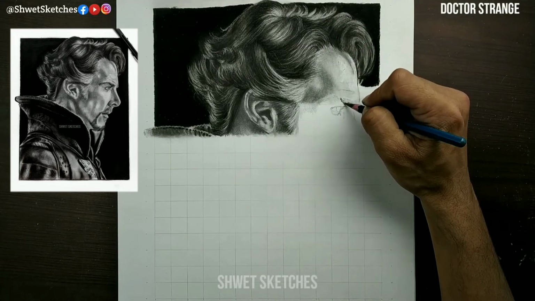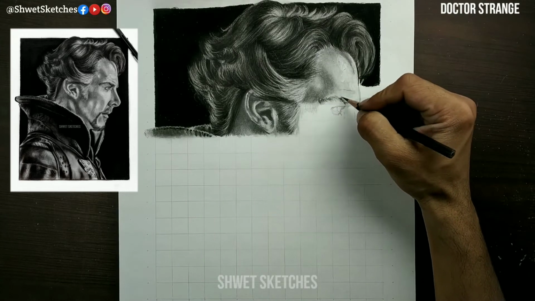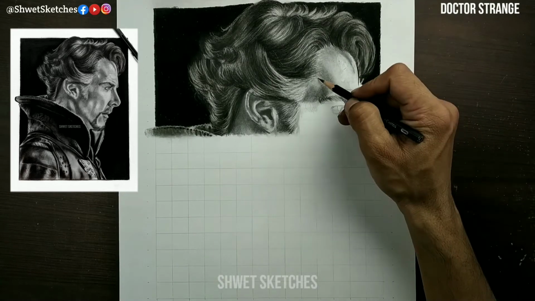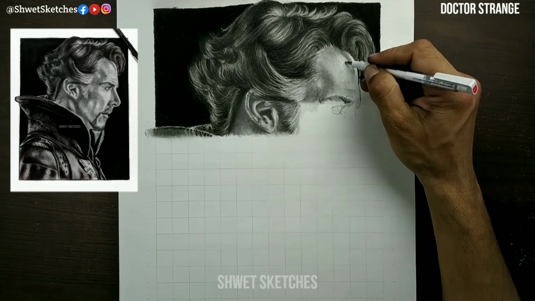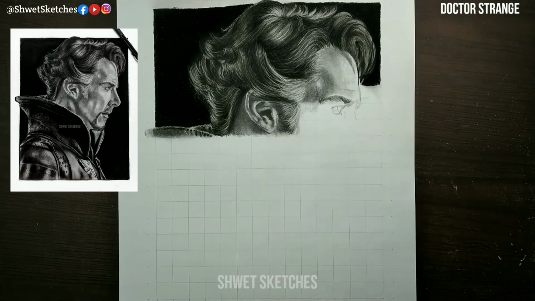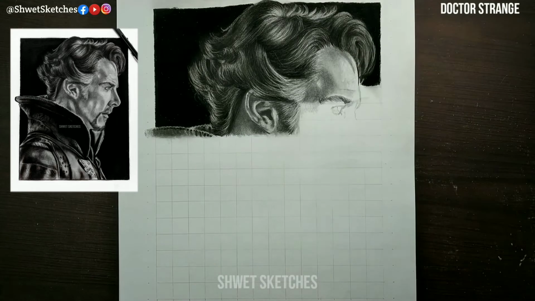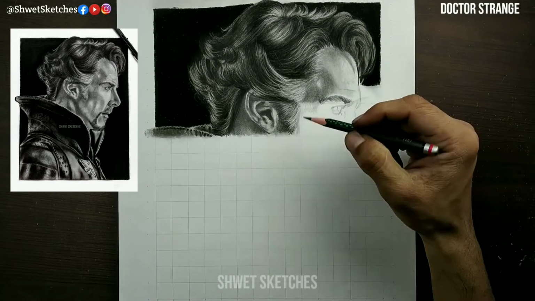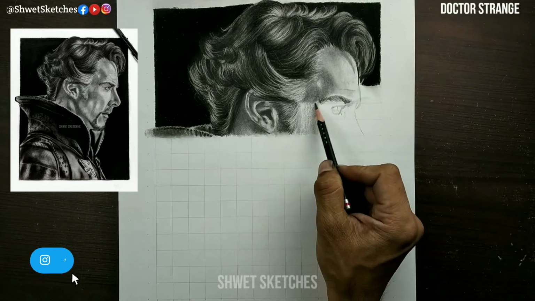But as we all know, and in every portrait I have told you 100 and 1000 times, no part of the face is completely white. There is a little bit of shade, a little bit of darkness, a little bit of shading like 2H, 2B, but not completely white. And there will be a completely white part also, just like this part in Doctor Strange where the direct light is falling.